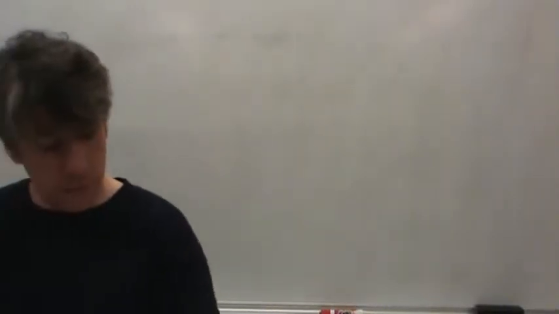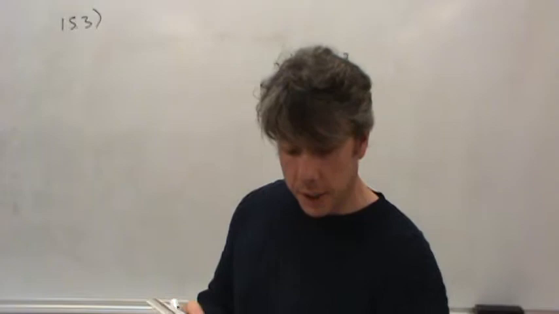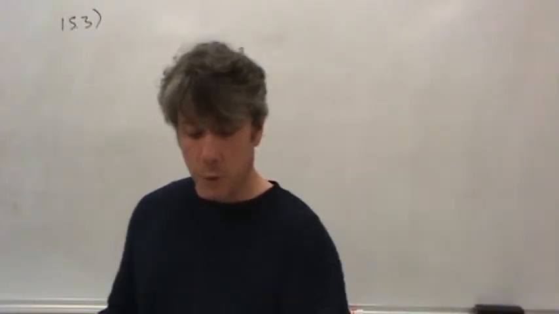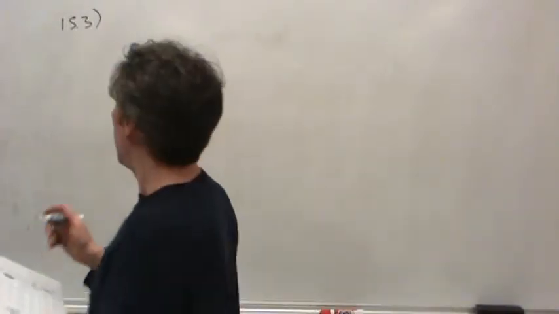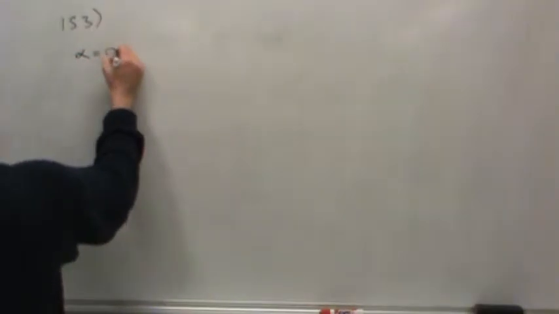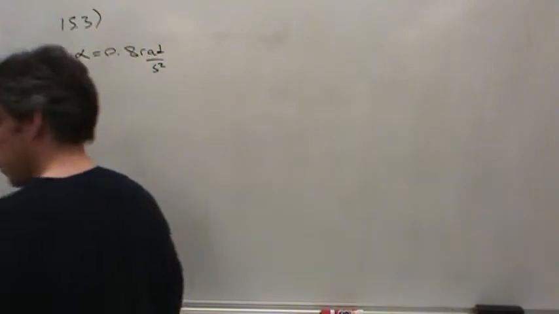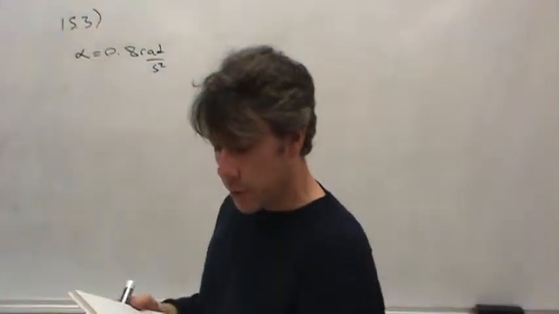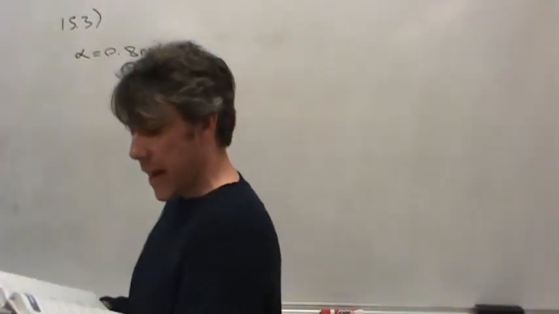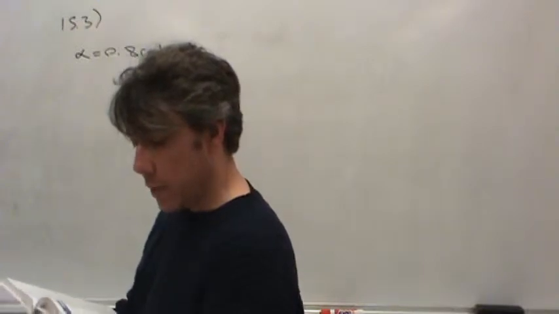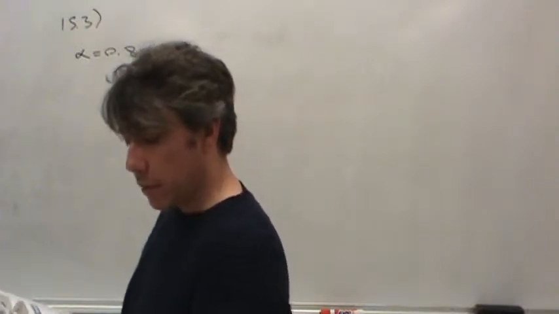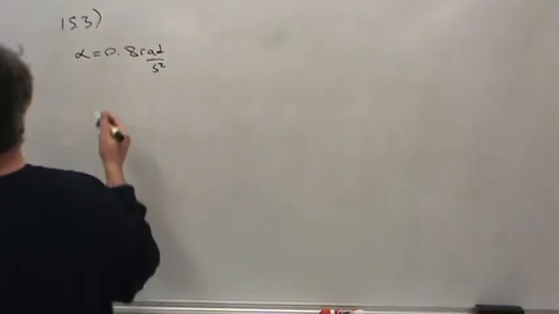Okay, this is problem 15.3. It's on page 664. A ceiling fan starts from rest with a uniform angular acceleration of alpha equals 0.8 radians per second squared. After 2 revolutions of the fan, determine the magnitude of the acceleration at point P on the tip of one of the blades. Okay, now in the